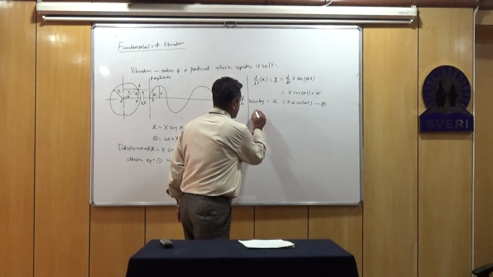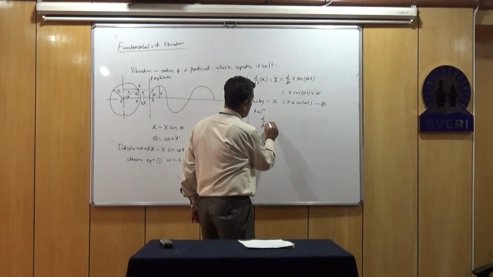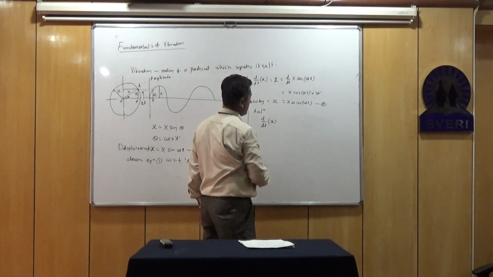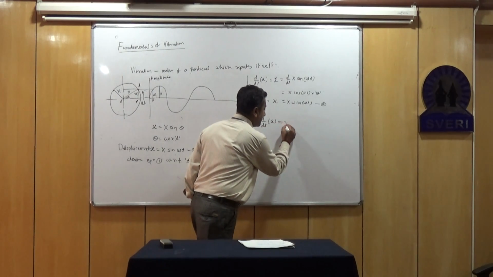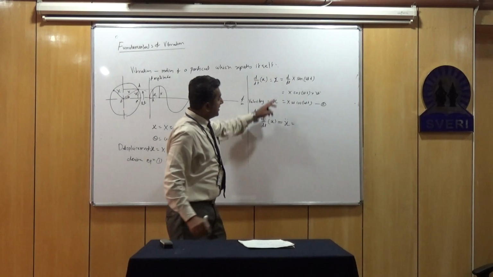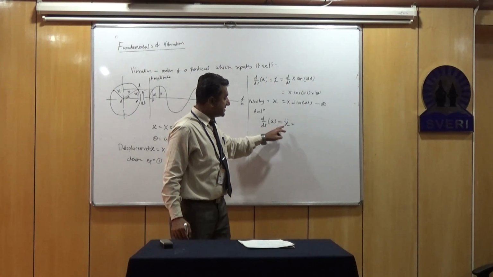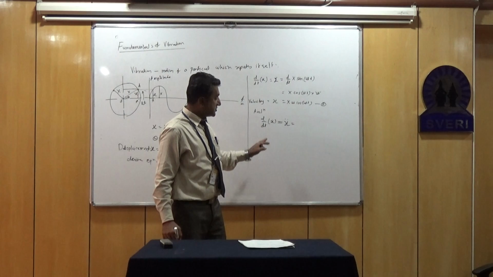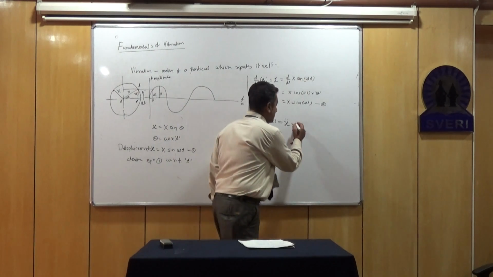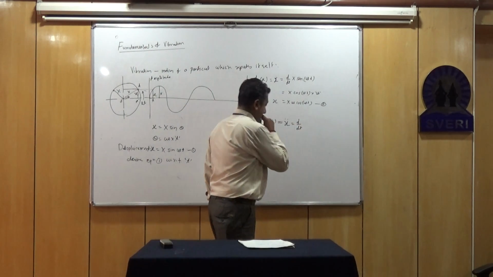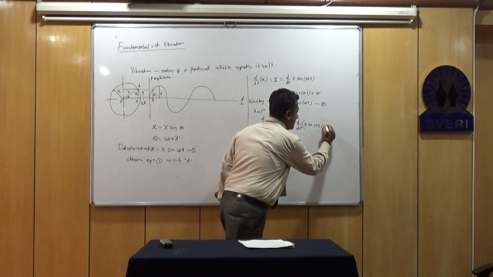So when we calculate acceleration of the same particle, we have to take the derivative of this x dot, that is d by dt of x dot. This second derivative we will denote as x double dot. For simplicity, I can write dots instead of writing d divided by dt. So we take the derivative with respect to time of this equation, that is X omega cos of omega t,